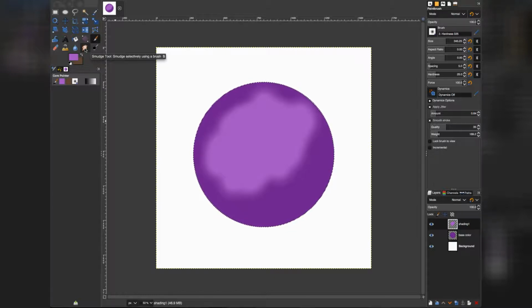I use it a lot, like all the time, much more than the paintbrush actually, and I'm sure people work in different ways, but I really like this one. So let's take the smudge tool and maybe make this brush a bit bigger,